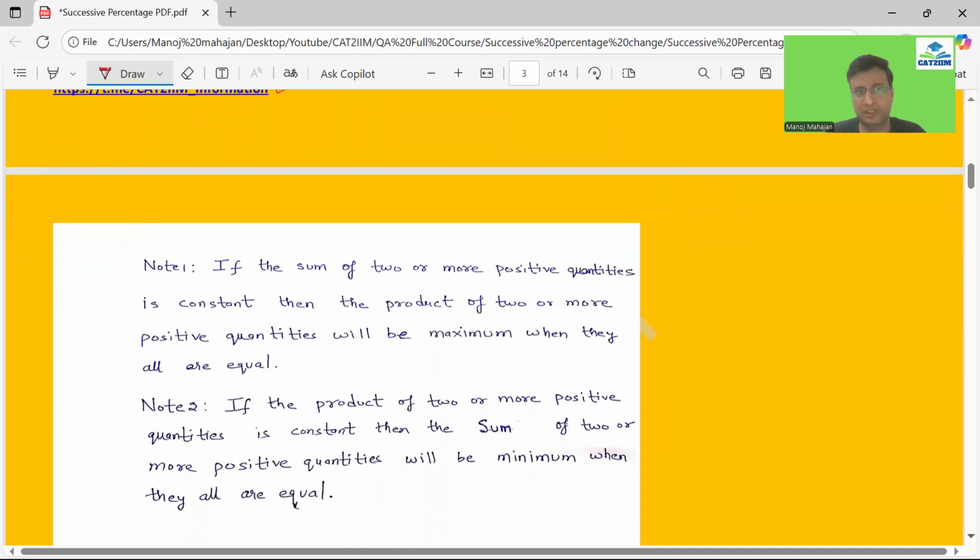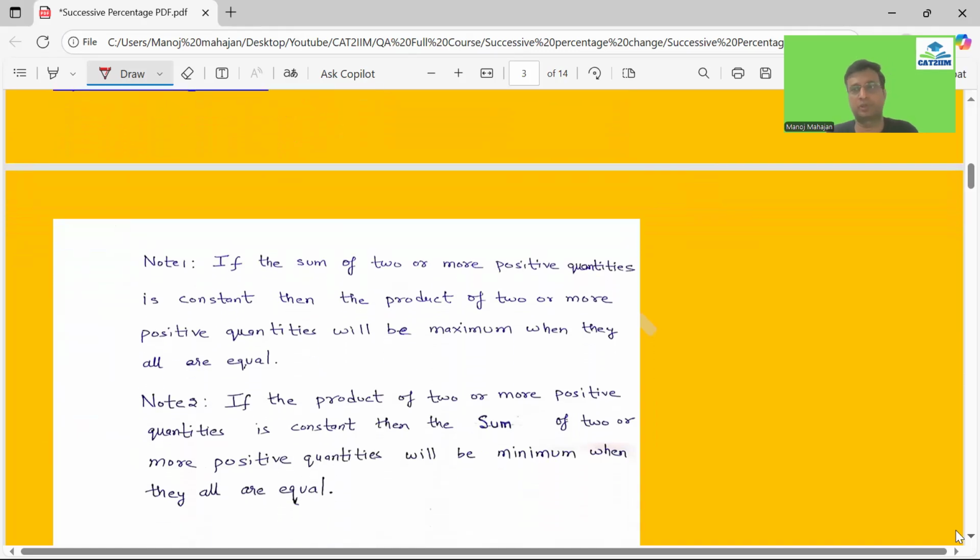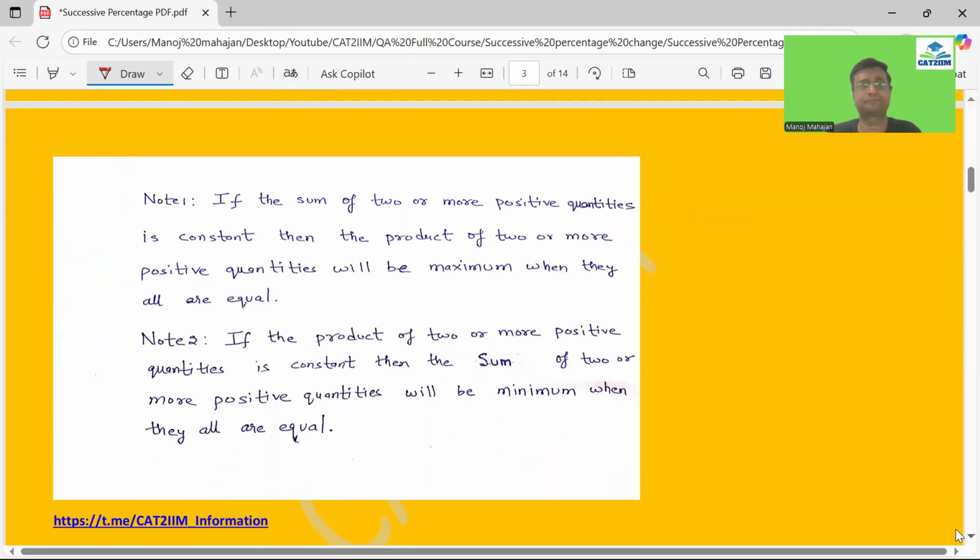So these are the two notes which you can look forward to understand. So what is note one? If the sum of two or more positive quantities is constant, then the product of two or more positive quantities will be maximum when they are equal. So over here we had A plus B given as 30. So A into B maximum if I want,